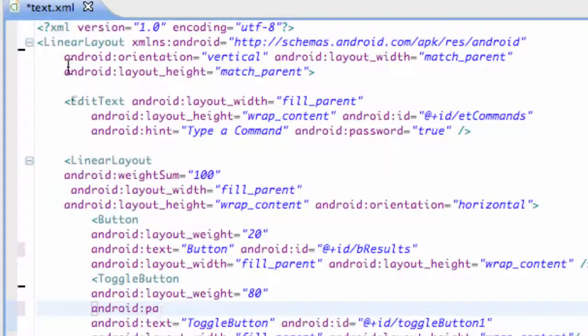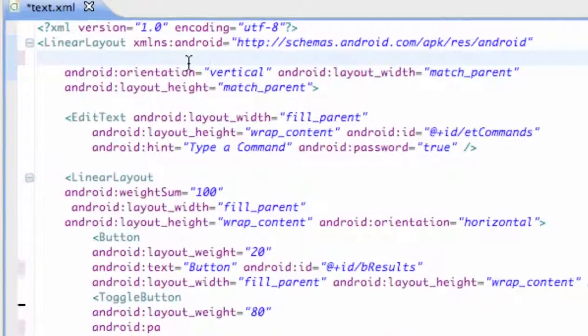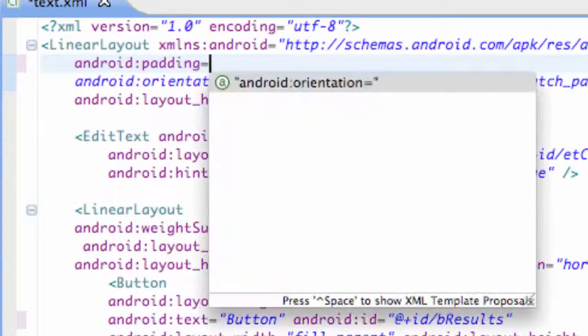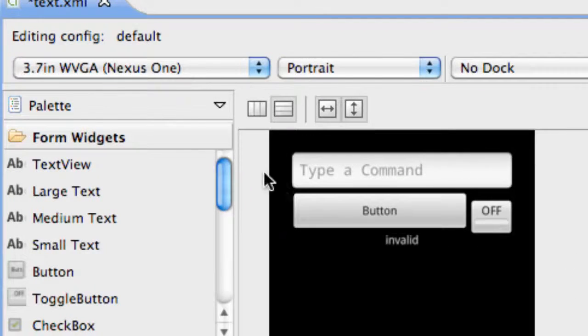Basically, what I want you guys to do is go up to your first linear layout. This is the one that fills the whole screen and defines everything else within it, and just add a line of code within the opening bracket. Pretty simple. We're going to say android:padding, and we'll put like 10 dp, something like that. Well, let's do like 25 dp, just so we get a desired result. There you go. There's just 25 density pixels of padding throughout this whole linear layout that defines basically the edge of this